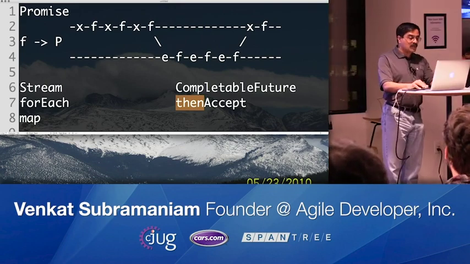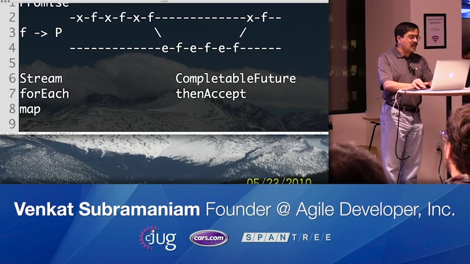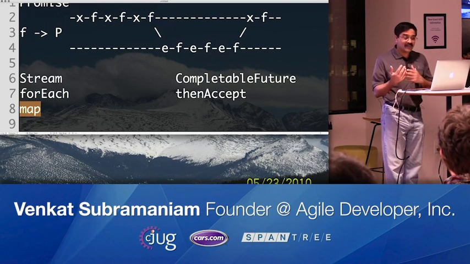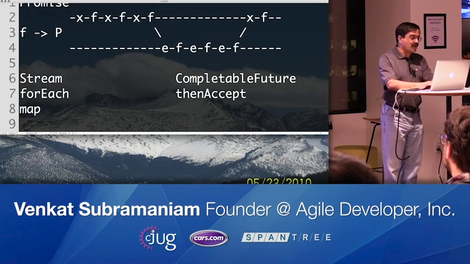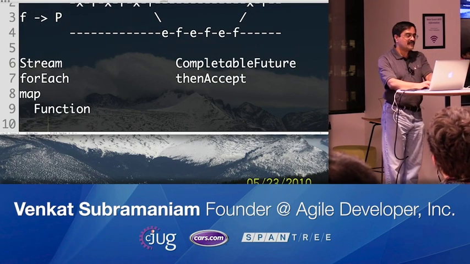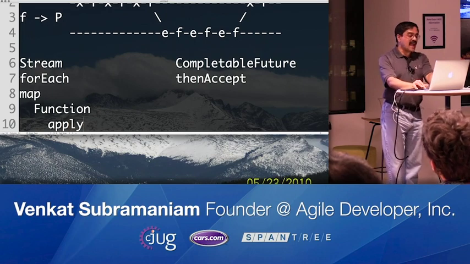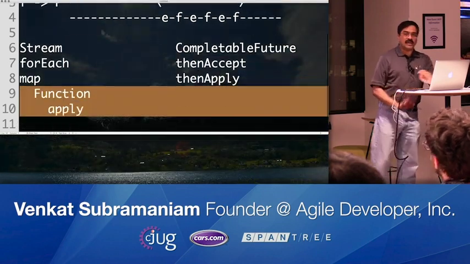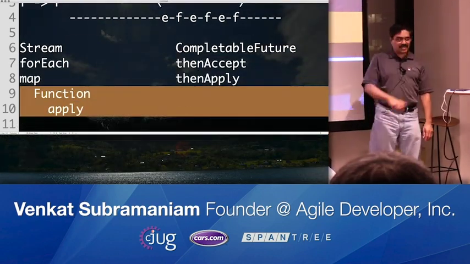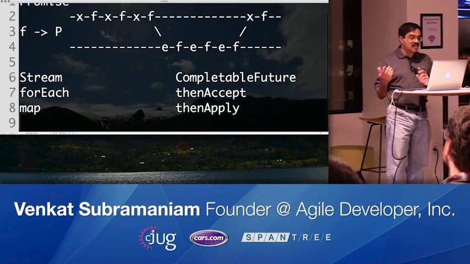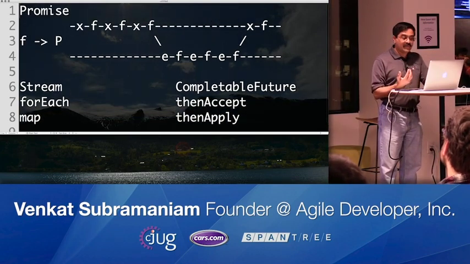Well, then what do we call it over here? Once again, anyone remembers what the parameter type of map is? A function. And once again, what is the abstract function or function called? Apply. That's exactly right. Now you know why this is called then apply. So that is basically where the name comes from, is because you're going to apply that function and perform a transformation. Let's go back to the code and try this then apply and see how that feels.